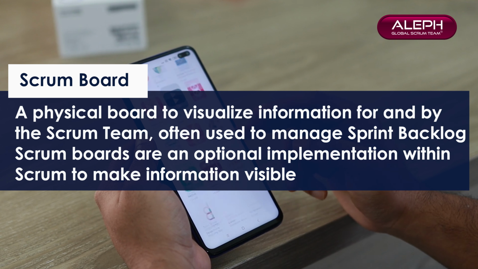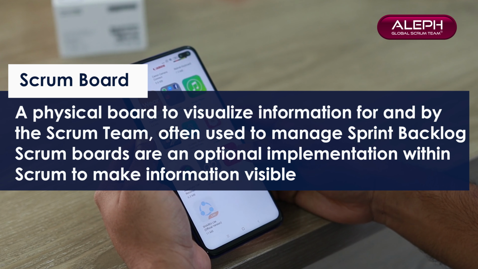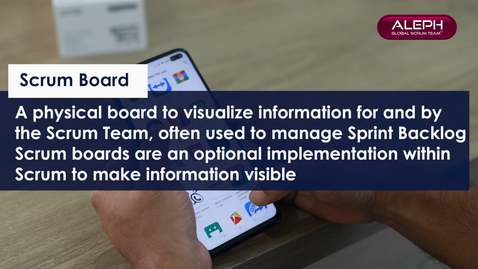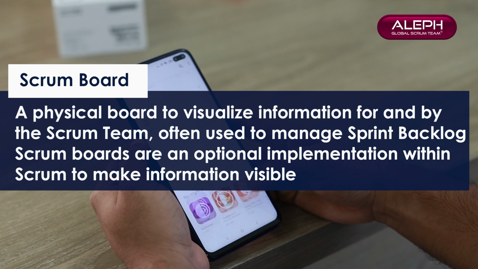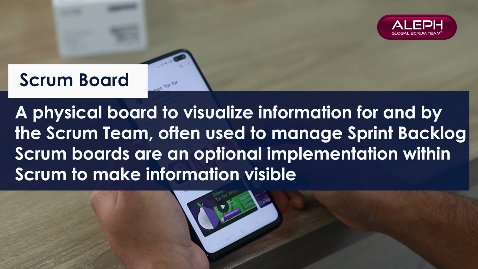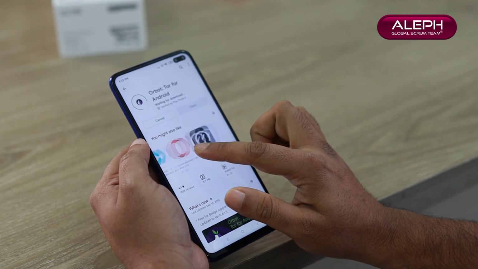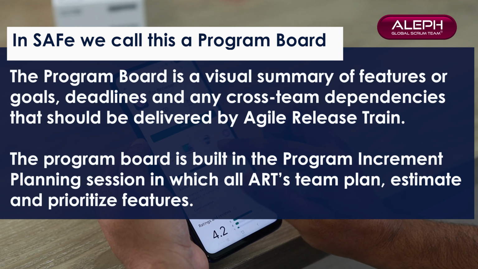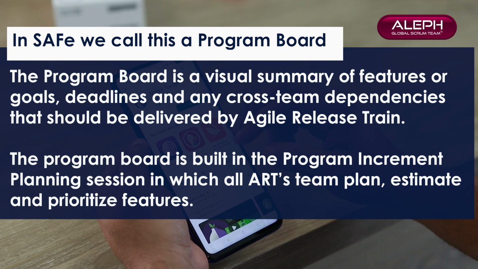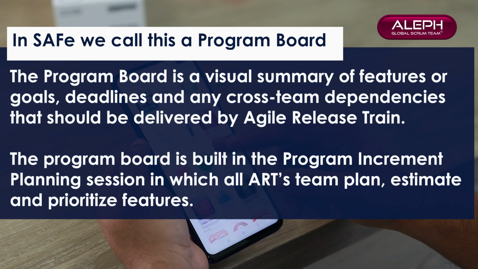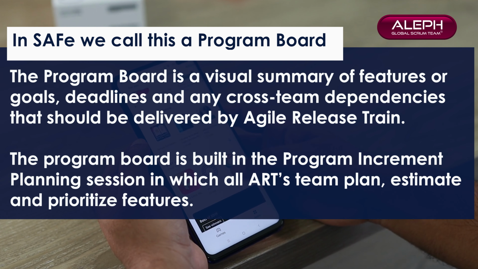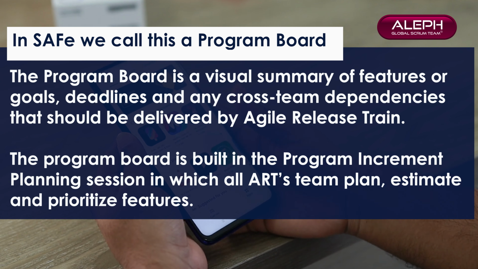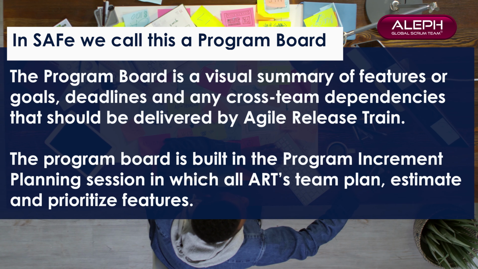Scrum Board. This is a physical board to visualize information for and by the Scrum team, often used to manage the sprint backlog. Scrum boards are an optional implementation within Scrum to make information visible. In SAFe, we call this a program board. The program board is a visual summary of features or goals, deadlines, and any cross-team dependencies that should be delivered by an Agile release train. The program board is built during the program increment planning session in which all ART teams plan, estimate, and prioritize